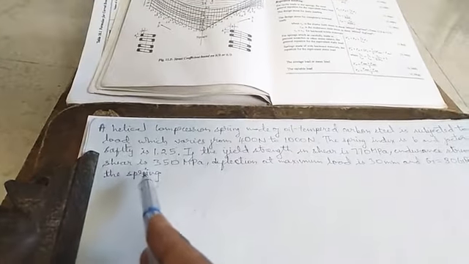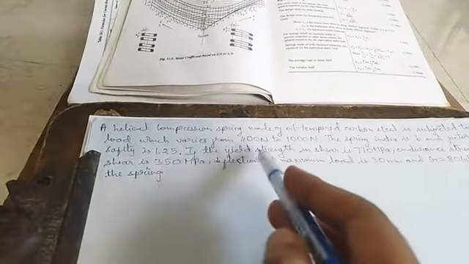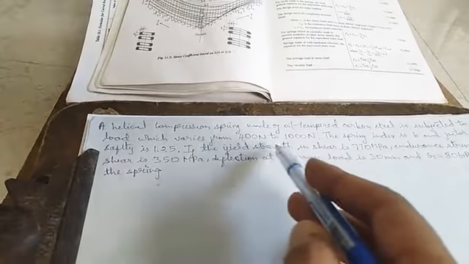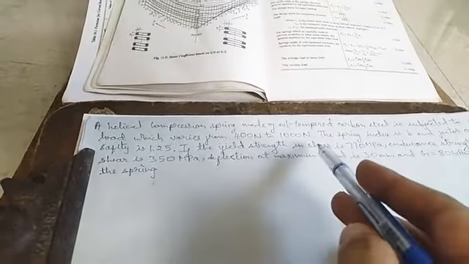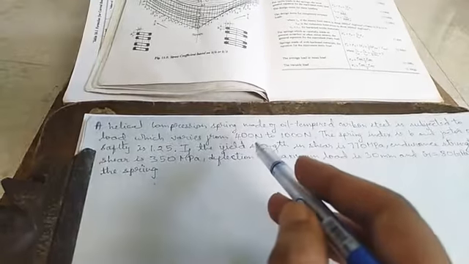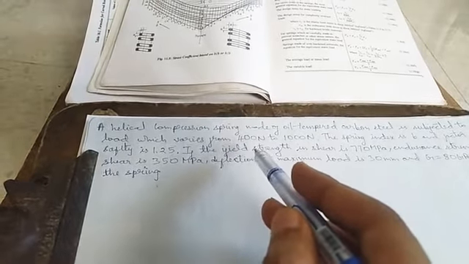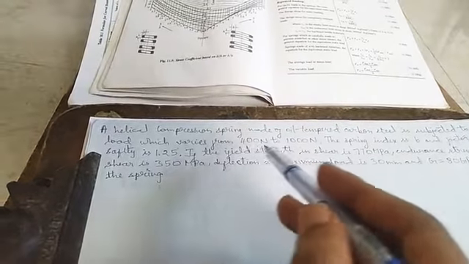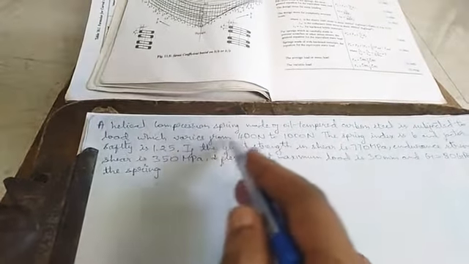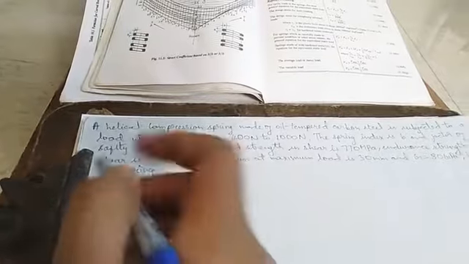Design the spring. So if they are given the data like this, they are given more than two values of shear strength, then we can easily conclude that the problem is based on the fluctuating loads of the spring. It is not a regular problem. So we shall consider the forces as maximum force and minimum force.